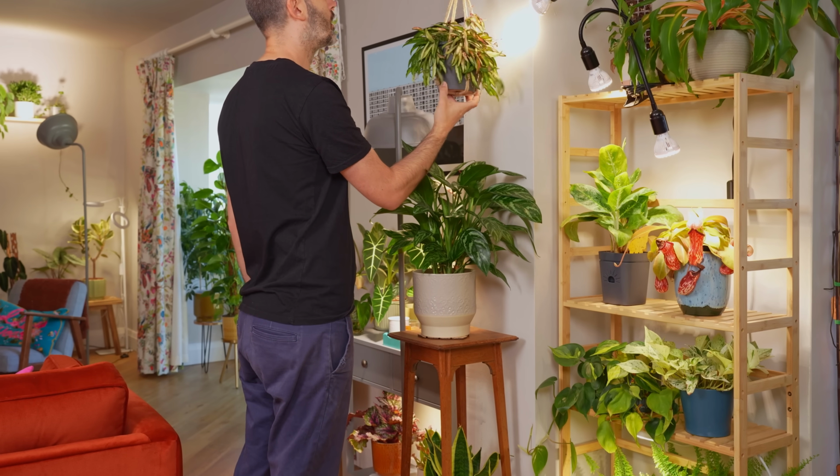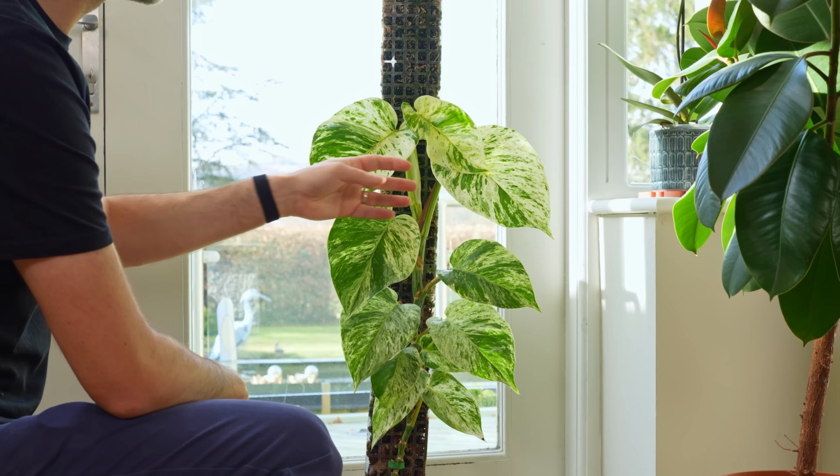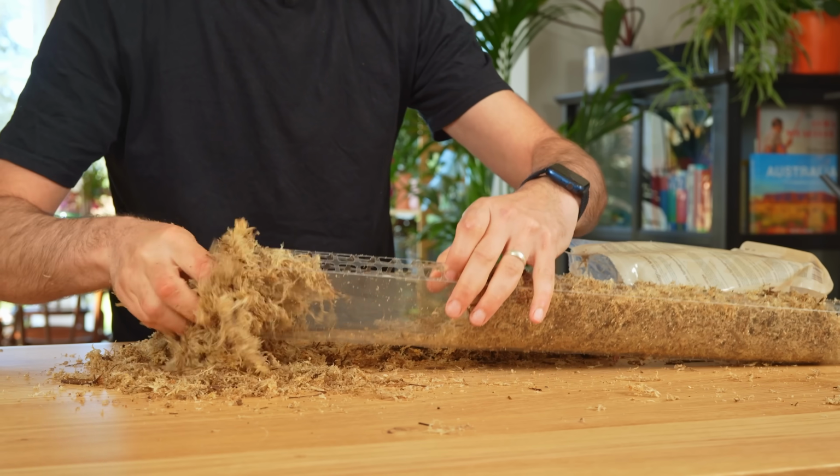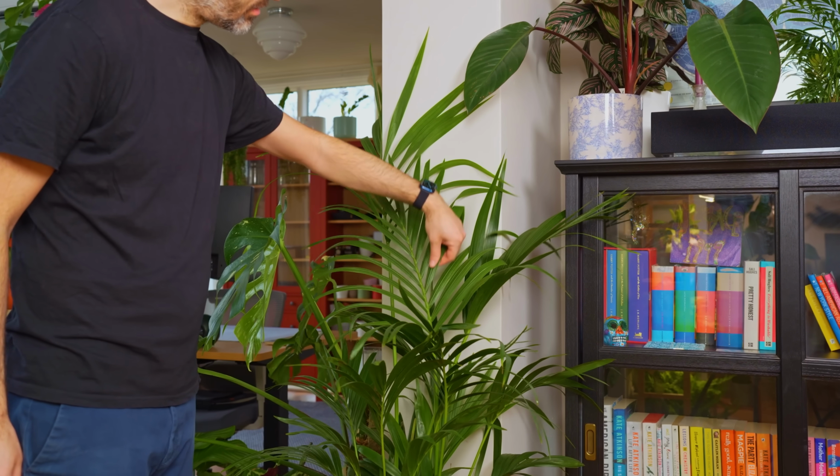One of the main things that I love about my plants is that they bring me a sense of tranquility when all around me there is chaos. When the kids are rampaging around the house or Mrs. Sheffield is telling me off for forgetting to use the tray when repotting,